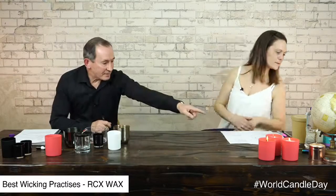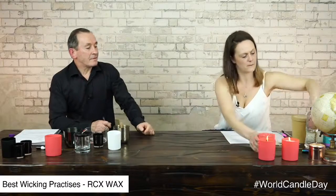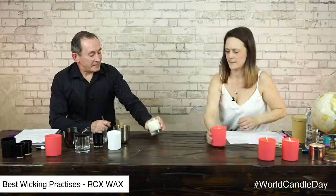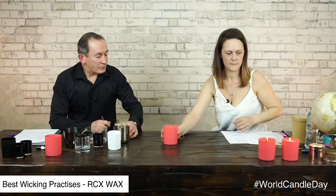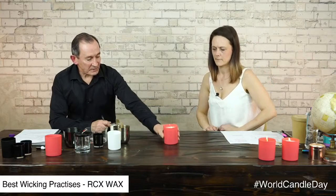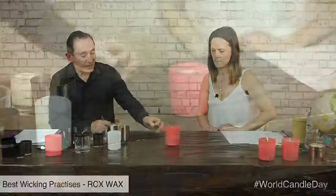The example that we had there, can you pass that front candle over, please, Zoe? There's one you could tip, Dave. Yeah, but you can't really see it too well in that one. We'll use this one. The hang up on this, if you can, I don't know how well you can see it. Basically, hang up means